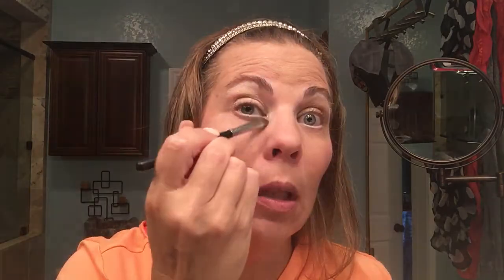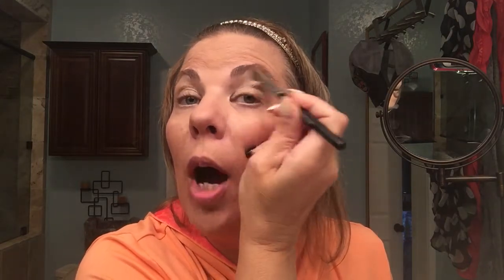Eye makeup is all about the blend. You don't wanna look like, oh, she has one color there, another color there, and another color there, how attractive. That's not really how it's supposed to look. I'm gonna blend this in. The highlight up on your brow bone is so important. It really brightens up your eyes, opens up your eyes, makes your brows look clean,